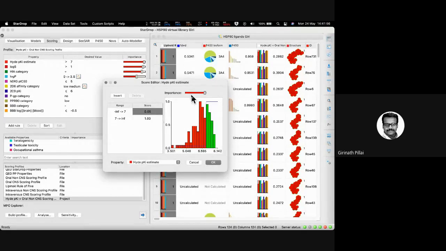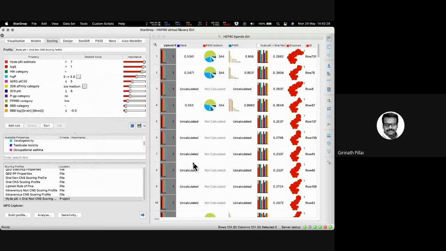Now, if I change the importance level, you could see the score is increasing for the compounds which do not satisfy my rule where the activity should be greater than 7. So more compounds are coming into consideration. But if I give more importance to this property, then only a few structures are getting considered. So this is what I was telling you: prioritizing which property matters will help you avoid missed opportunities.